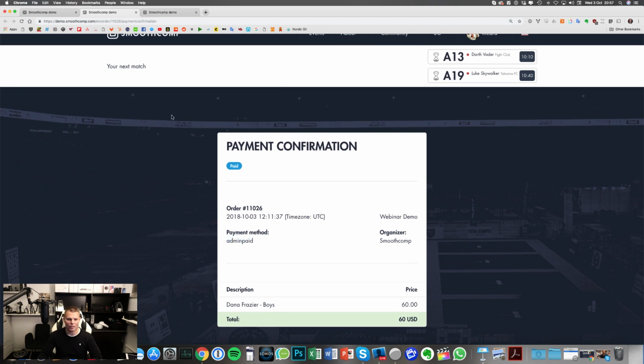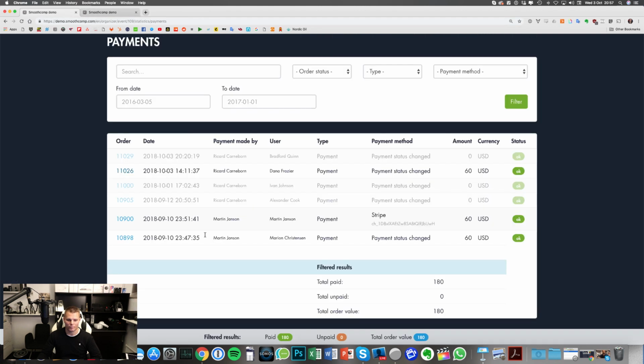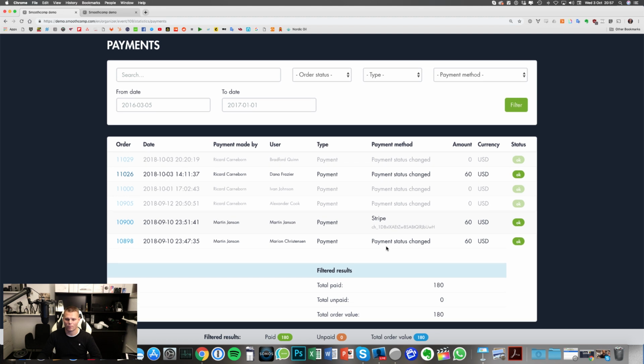instead of them paying. On the registrations view, you will see if people paid by credit card, you will have the credit card symbol. Otherwise, you have the money symbol. If you click that as an administrator, the money symbol, it means, or it should mean, that you received cash in hand, or you checked your bank balance and there was a transfer. And that will automatically generate one of these payment orders for you to keep track.